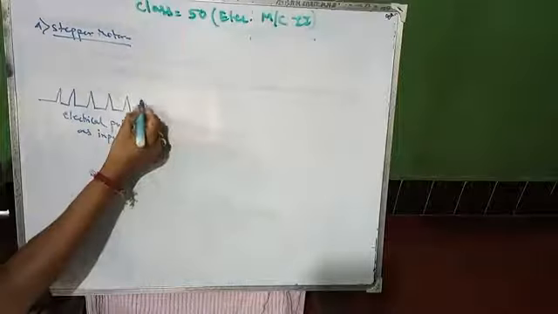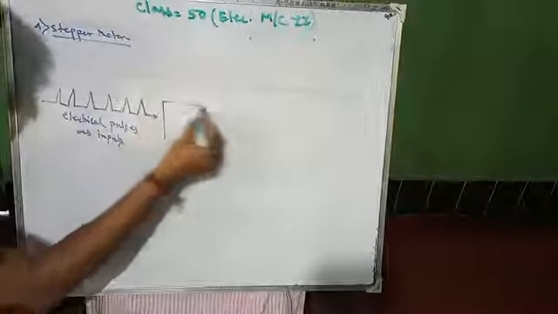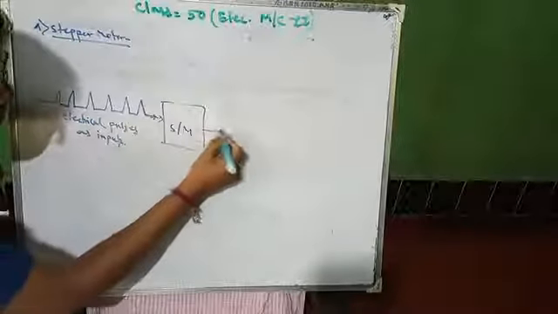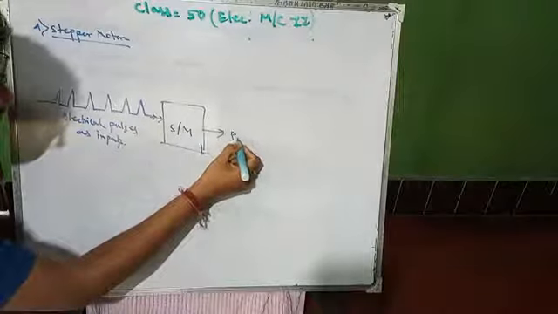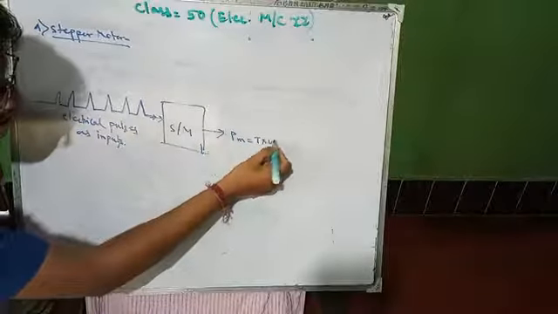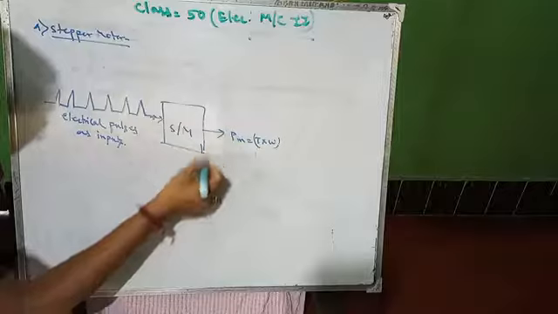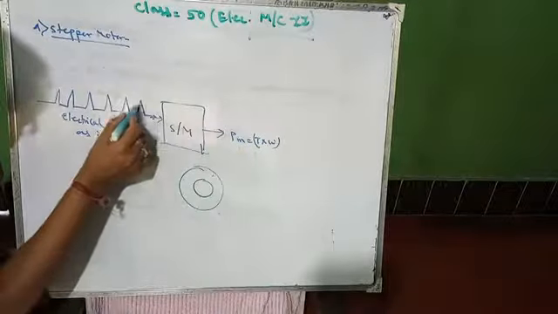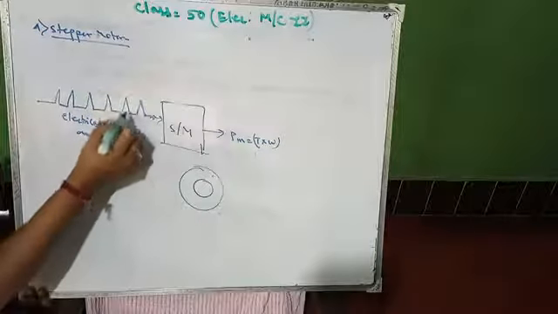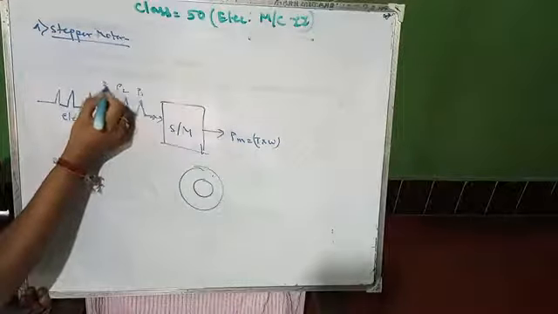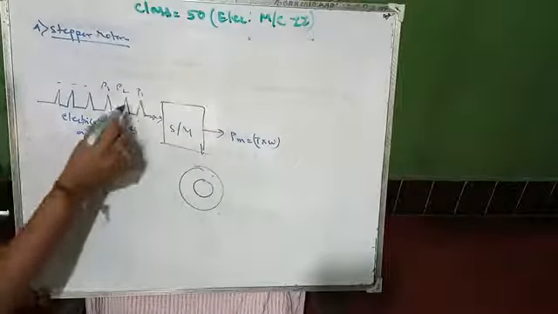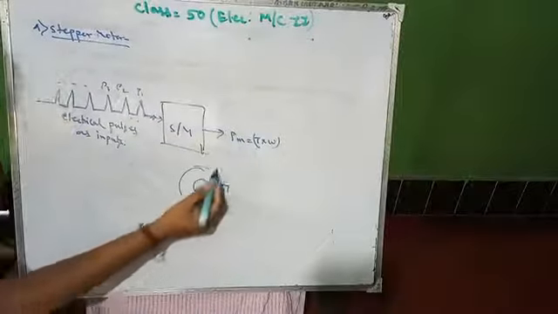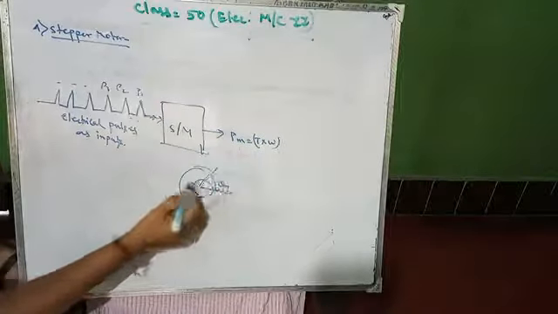When a pulse comes to that particular motor, suppose I am drawing the motor in a block diagram. It is a stepper motor, and it produces a mechanical output equal to torque into speed. The rotor of this motor, suppose I draw the rotor here, and when the respective pulses P1, P2, P3 are given, once P1 is fed to this motor, it will rotate by some angle theta 1.